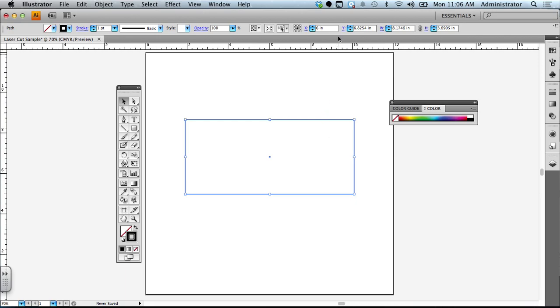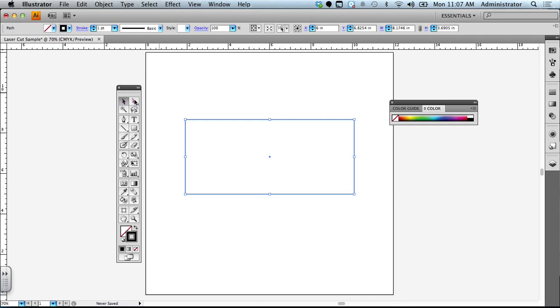The other thing to keep in mind is up here at the top, this selection of items that you see at the top are all relevant to the rectangle that we have on the artboard. And so depending on what object you've chosen, these properties up at the top change as well. Right now you'll notice up at the top left that it has no border, black border, no fill. You could also see that it has a stroke size of 1 point and a basic stroke and all these other properties here. So let me introduce two new tools over here on the tools palette, and that is the